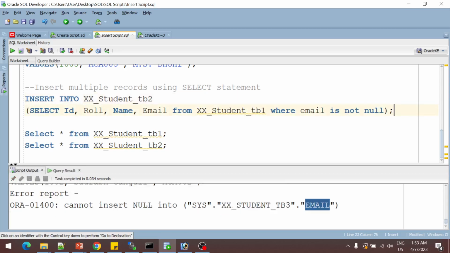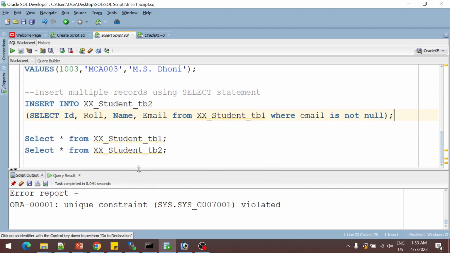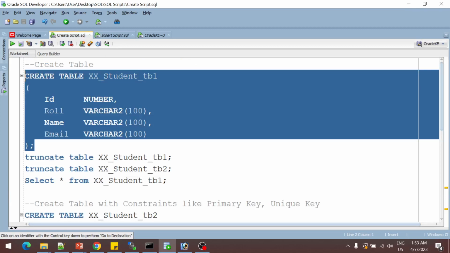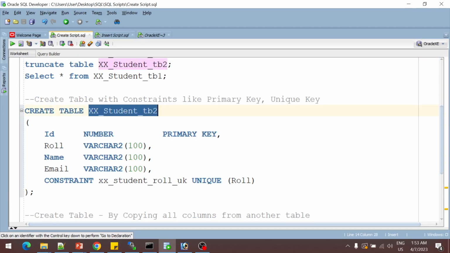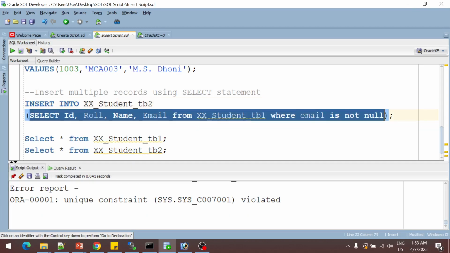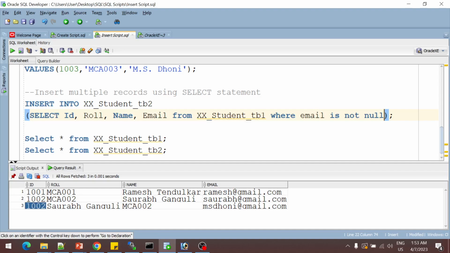Once I execute this one, you can see it's showing an error, because in this tb2 table we added a constraint as a primary key for the ID, and in this subquery you can see we have a duplicate record, 002. So we can restrict these values by adding logic. Let me add another condition where email is not null, and